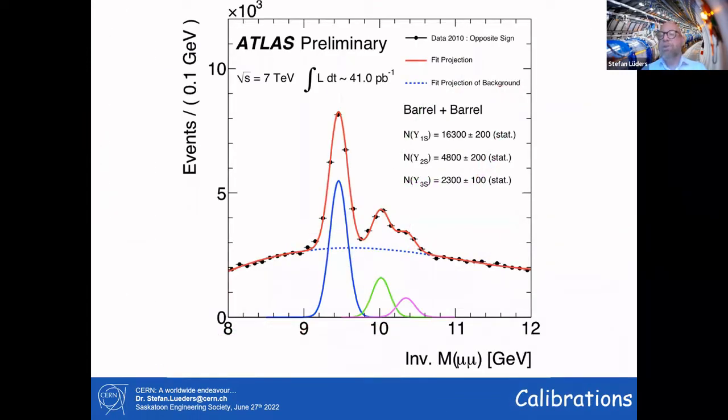The first thing is, can we reproduce what has been measured in the past? Because you need to prove that your detectors, your cameras, are working properly, so they can reproduce physics which has been measured already before. This is like you taking a picture of me. If you take a picture of me and I have green hair, someone needs to prove you wrong, and I can prove you wrong with more and more pictures of me where I'm bald.